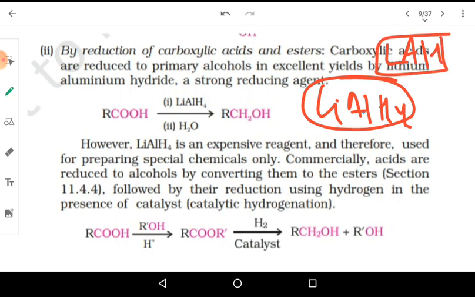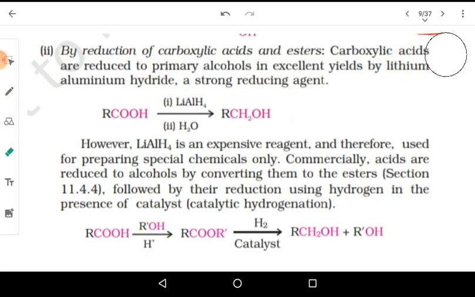So here what is happening, we are treating the acid RCOOH in the presence of LiAlH4, we are getting RCH2OH. That is, one oxygen is getting broken. This bond is getting broken. This oxygen is removed, and in the place of that oxygen we are just putting hydrogen. Oxygen is having a valency of 2, so we will just put 2 hydrogen over there. So we are getting RCH2OH. It's a very simple process. This is the trick to do these questions.